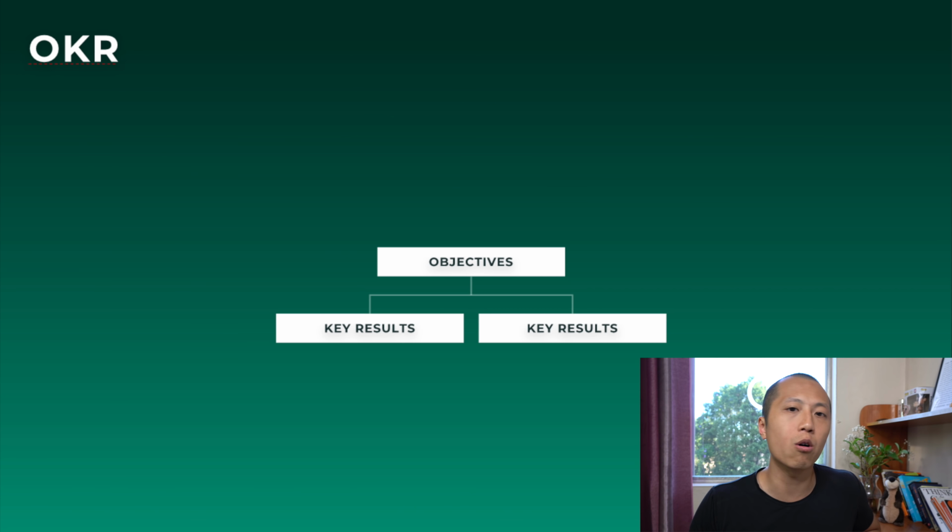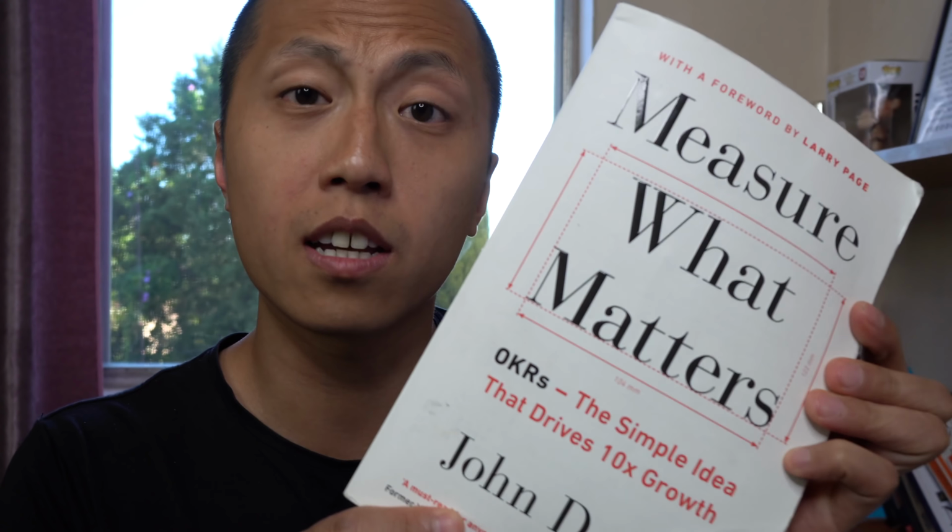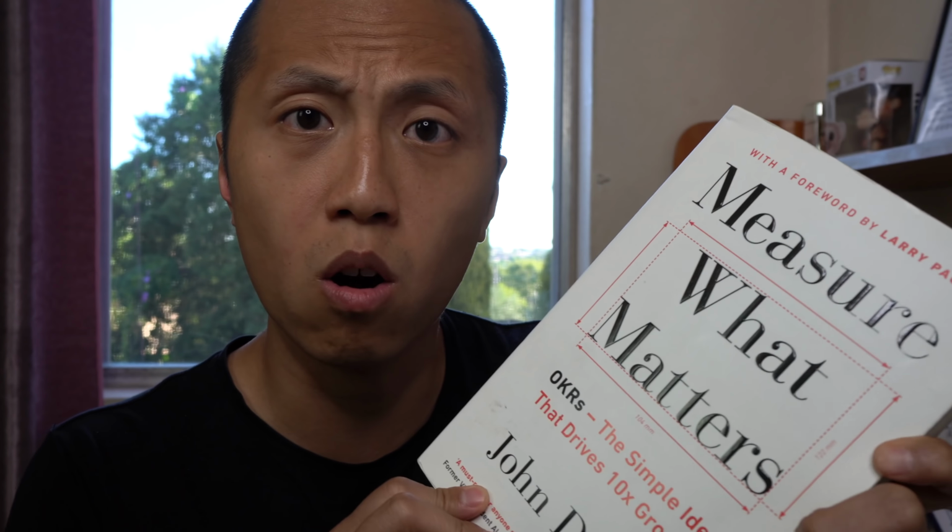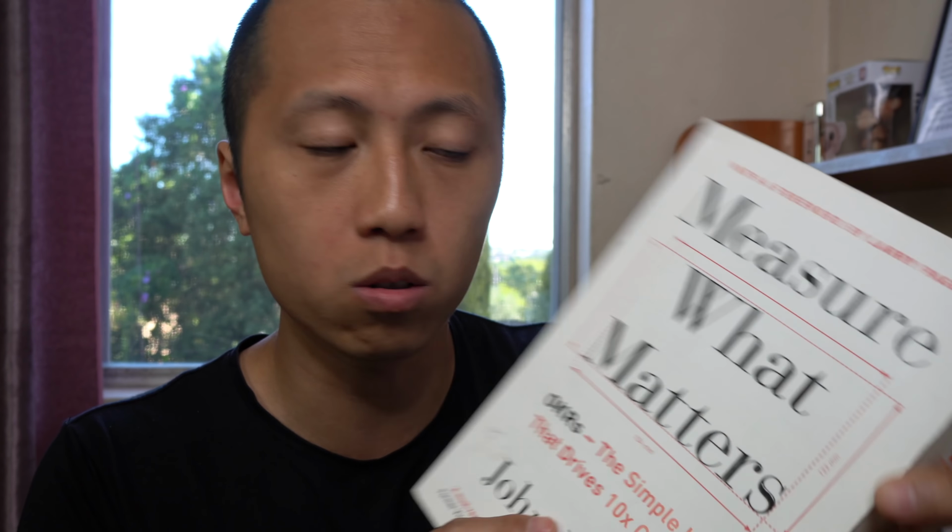In startups, I was exposed to a system called OKRs. Now, OKR stands for Objectives and Key Results. OKRs is a system that's been adopted by Spotify, Google, Intel, and some of the other bigger tech companies. And I'm going to walk you through how to set OKRs. I highly recommend reading this book because there's plenty of examples of how Intel set goals, how YouTube as an organization set goals. There's some incredible stories, so highly recommend this.